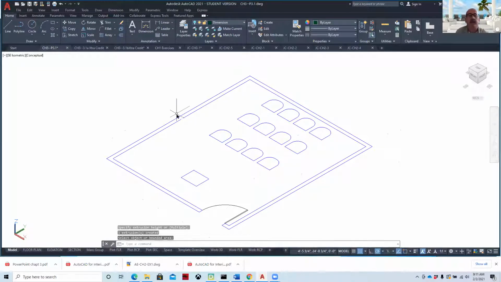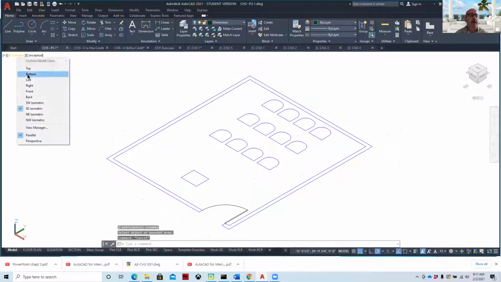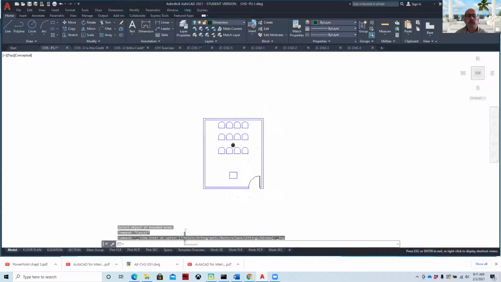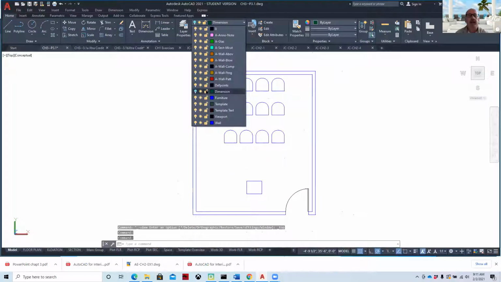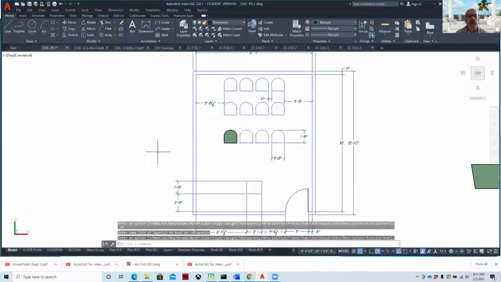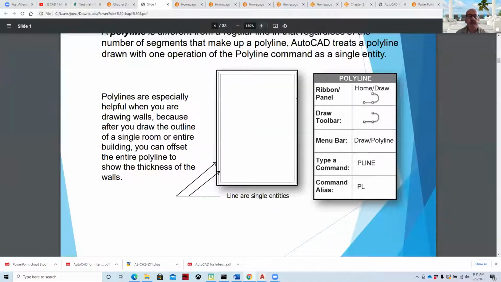Maybe not, but we'll come back to that. So if we come back here to our top view, we're going to draw this exercise up, use proper layering, put the dimensions on the dimension layer. If we come back to our PowerPoint,